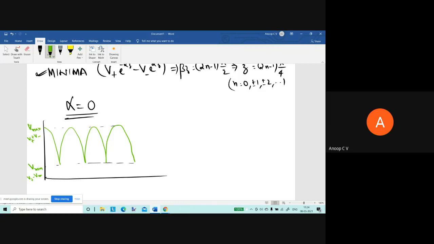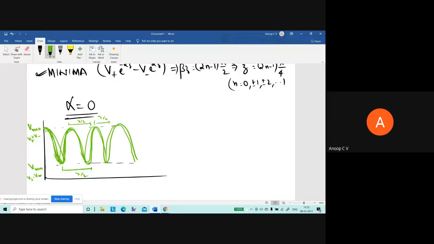And we found the separation between maxima as lambda by 2. It would actually have been drawn like a wave, but it's okay, no problem. Maybe I'll draw a new one. Okay, but you may be remembering. So it goes through maxima and minima. The separation between maxima is lambda by 2, the separation between minima will be lambda by 2, and the separation between maxima and minima will be lambda by 4.